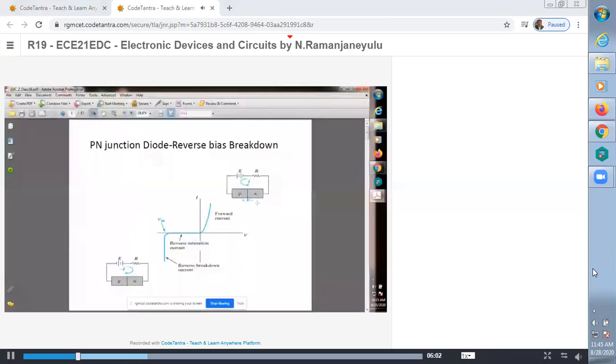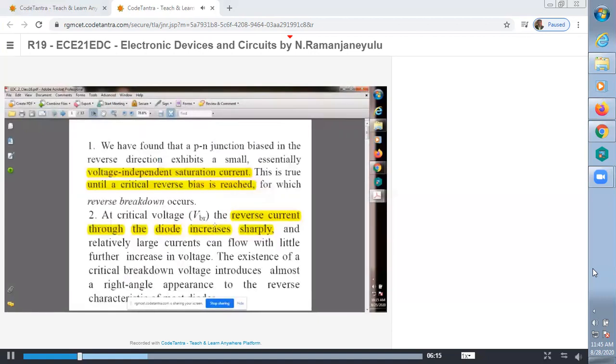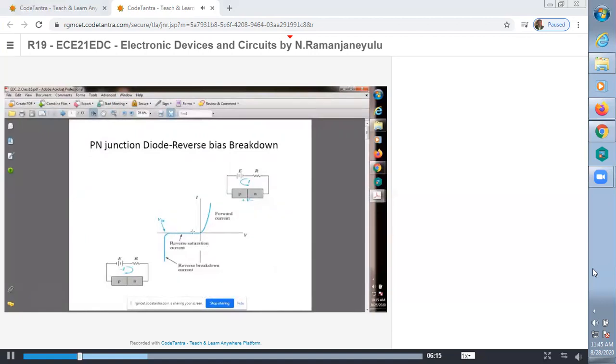And today's class, we discuss another important concept: PN junction diode under reverse bias condition, breakdown mechanisms, right? PN junction diode breakdown mechanisms. Okay, already we know the VI characteristics of a PN junction diode. In normal forward bias, when V is greater than some cut-in voltage, current exponentially increases.